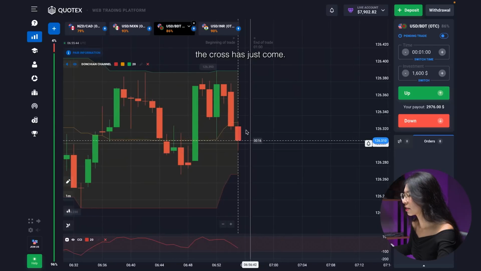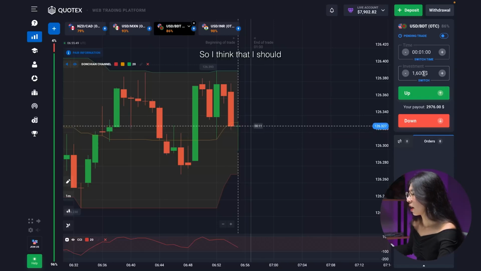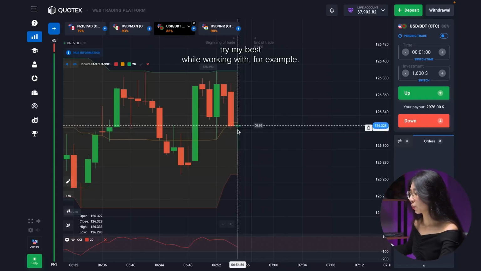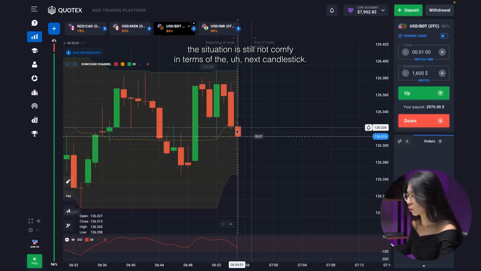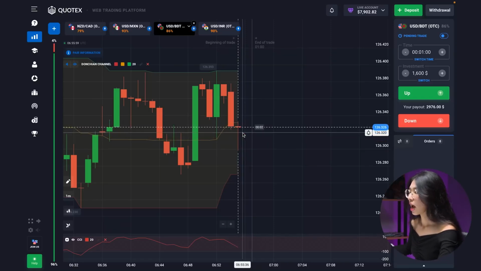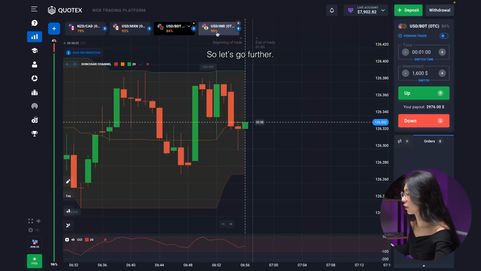And yeah, the cross has just come. So I think I should try my best with this situation, but it's still not comfy in terms of the next candlestick. I'm not even sure about the color, so let's go further.